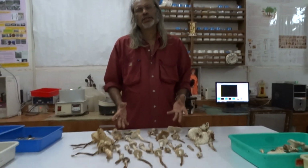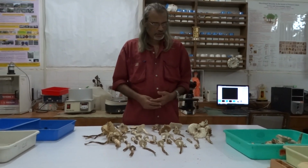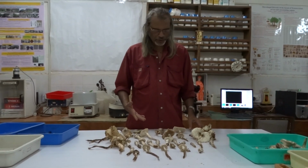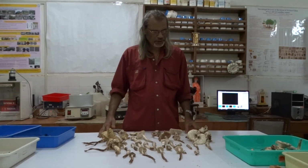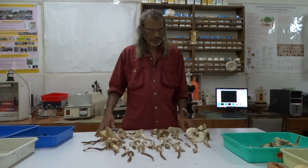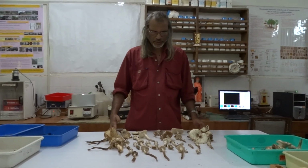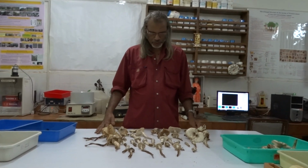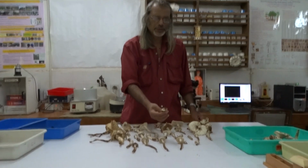This is a very interesting collection that my research scholar Rosie D'Souza has brought to the mycological laboratory in Goa University, Department of Botany, on July 20, 2015. We are looking at various stages of Termitomyces, and there are at least 2 to 3 different species, beginning with this one, which is closer to Medius